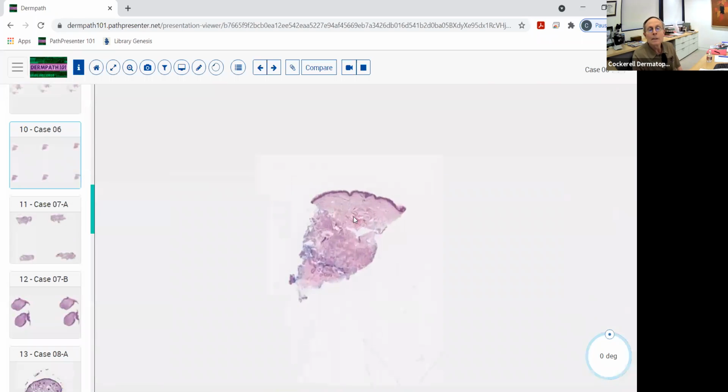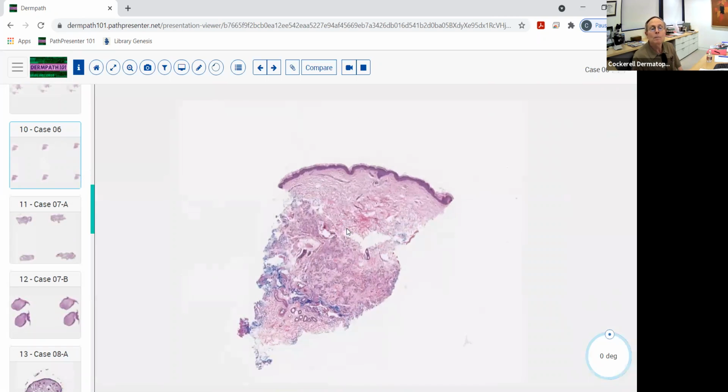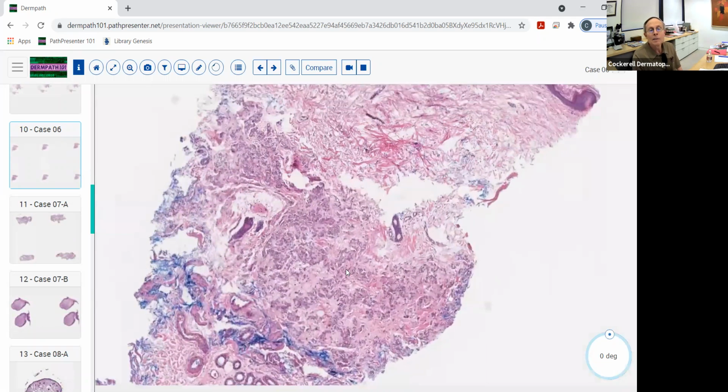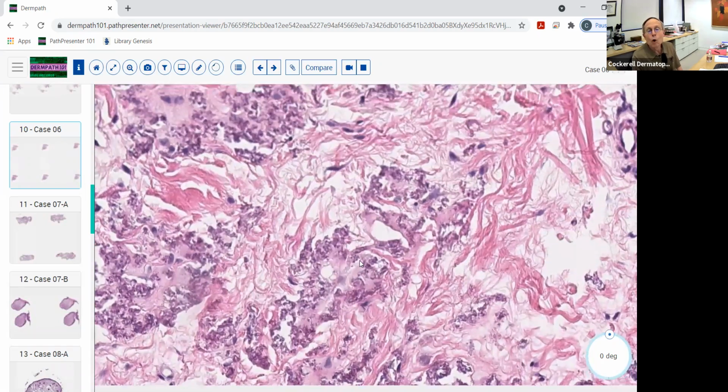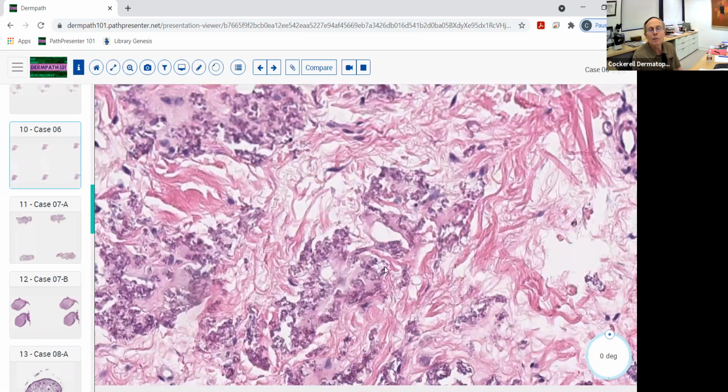Okay, next one. Low magnification basically looks like no inflammation, but there's something going on in the reticular dermis. And as we go to higher magnification, it's got this beautiful example of the steel wool appearance of the elastic fibers here that are calcified. And this is pseudoxanthoma elasticum. Again, a